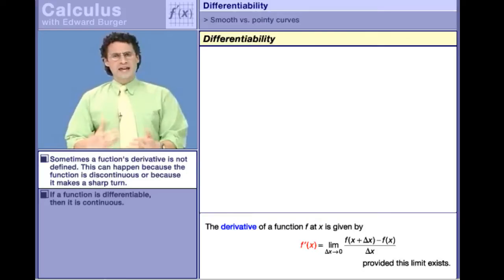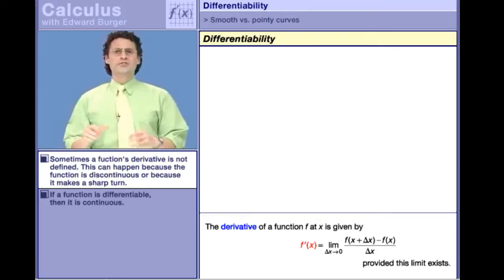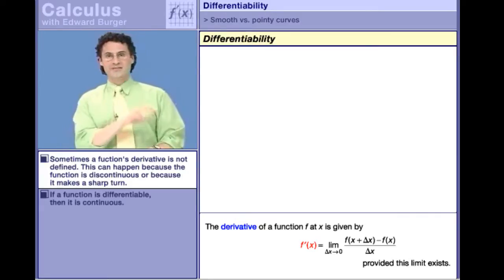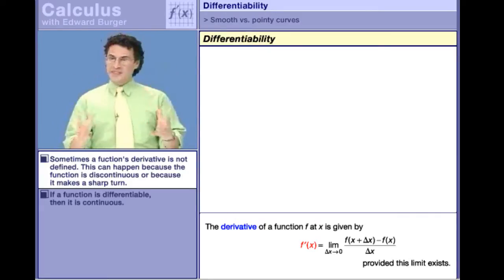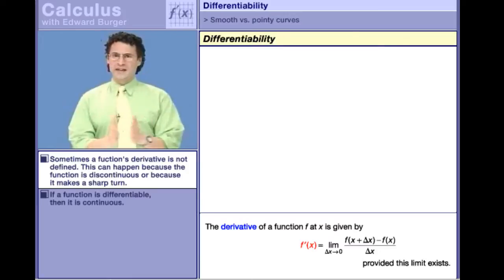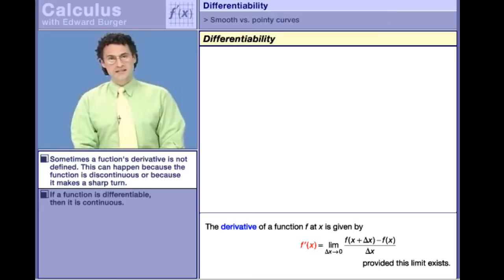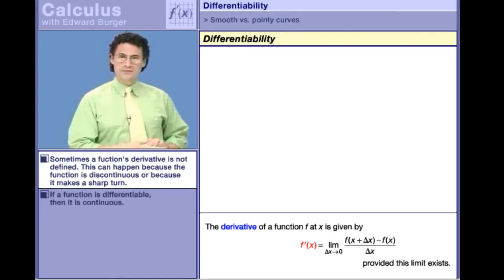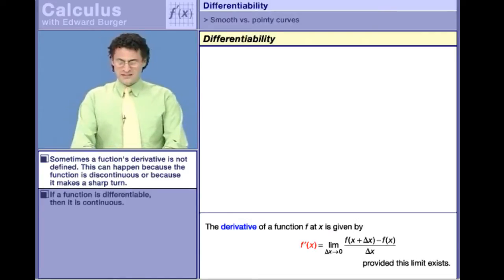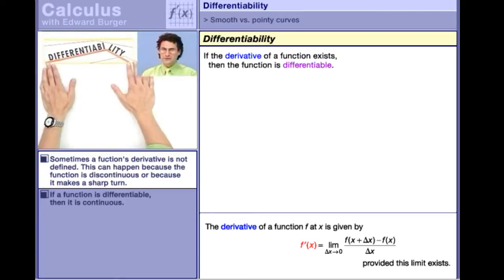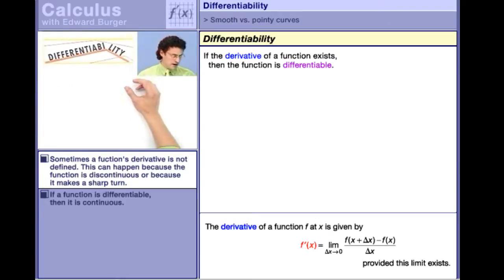Now, when you can actually take the derivative of a function, when you use the limit as delta x goes to 0 of f of x plus delta x minus f of x all over delta x, and you take that limit and do whatever is required to make that limit fall into place, then if that limit exists, we say that the function you first were looking at is a differentiable function. So a differentiable function is nothing more than a function for which you can compute the derivative.